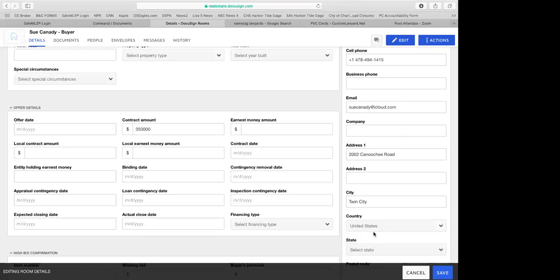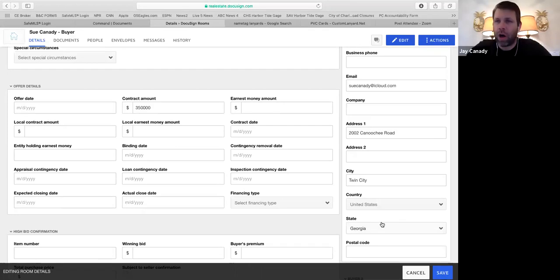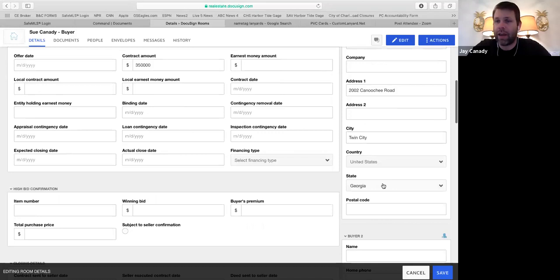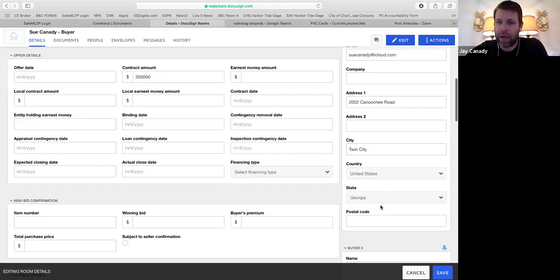Now, the reason that you want to fill this stuff in is because as you go through and complete your documents, you want as much of it to autofill as possible. If this stuff is not filled in, it can't autofill. So again, if you didn't fill it out in your command transaction in the opportunity part of command, then you definitely want to fill it out on this tab. Okay, so as much information as you can will help you fill out all the autofill stuff as you work